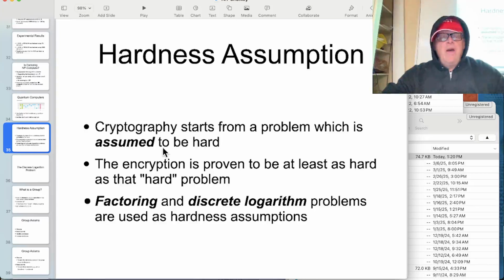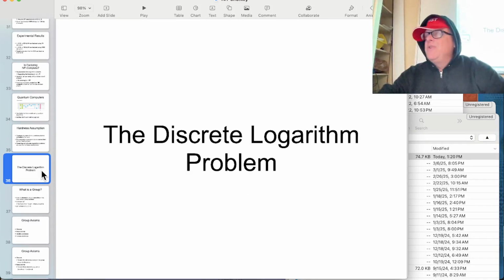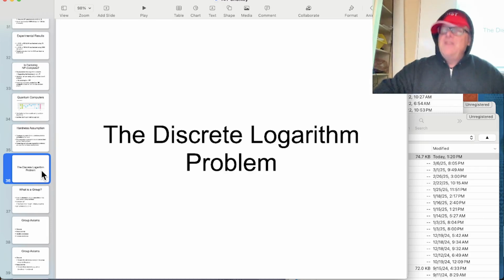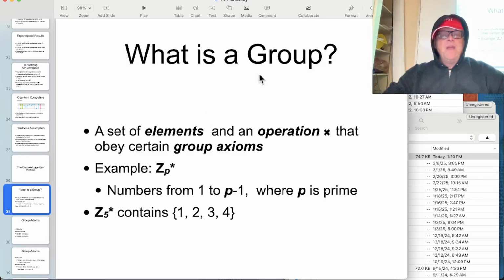So you start from a problem that's assumed to be hard, and then you can sometimes prove that it's as hard as another problem. So these are common problems. Factoring and discrete logarithm problems are pretty well understood problems, and you often compare new algorithms to these. So this is what you do. You can't prove that they're secure, but you can prove they're at least as strong as something else that you think is secure. That's what our cryptography is based on, a whole lot less reassuring than you might wish for.